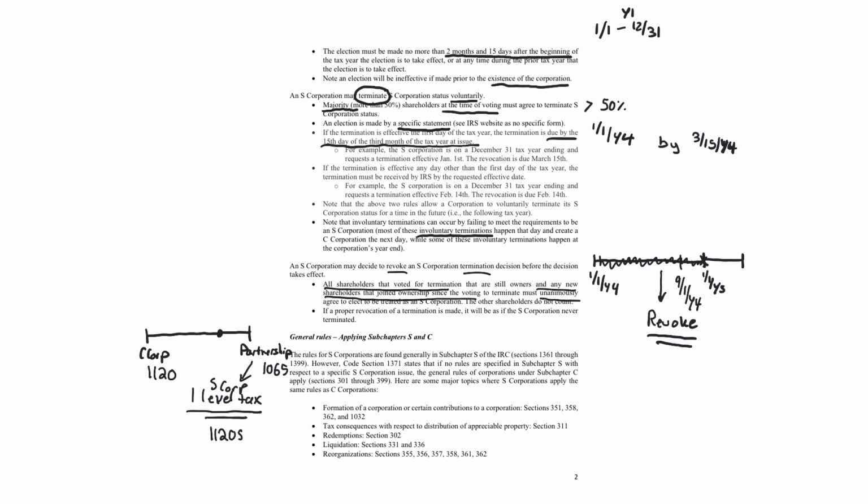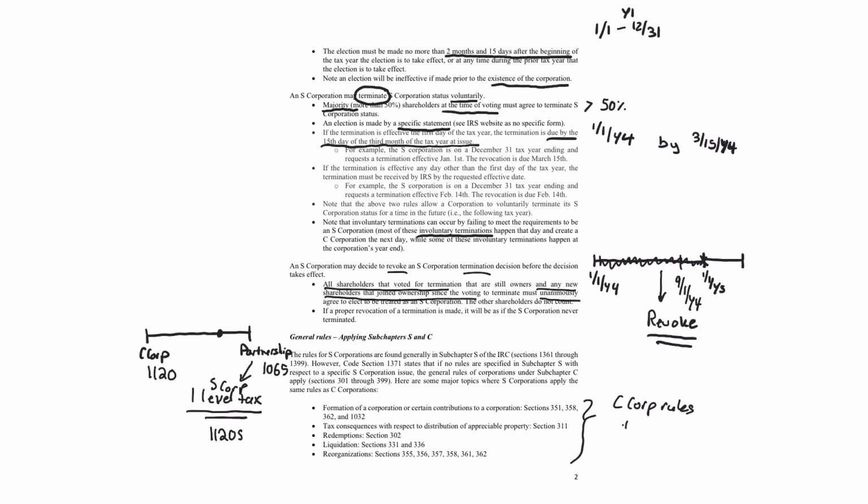Now, of course, there are some differences because there are some elements that are more like a C corporation. But I would say the 1120S for the S corporation is much more similar to the 1065 than the 1120 for the corporation. So keep that in mind. When you're thinking about an S corporation, start off thinking, hey, very similar to a partnership, but there are a few things that might be different, that are more like C corporations. Those things that are different are right here, this list. So all of those rules that you've learned about for C corporations, the general corporate rules, here are the ones that specifically apply